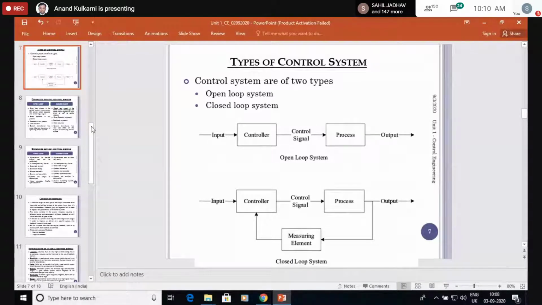In the top one, the input is given to a controller, and the controller controls the process. Process or plant, there may be slight variation. Process means one particular parameter, one single parameter. Like in the case of an oven, it is temperature. In the case of a fan, it is speed. Whereas